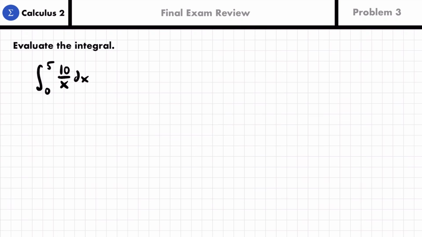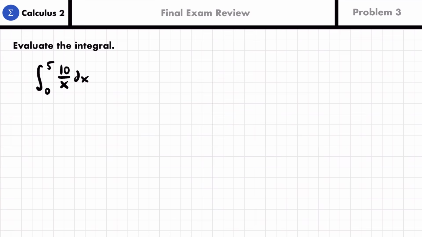For our third review problem, we want to evaluate the integral, and we're given the integral from 0 to 5 of 10 divided by x dx. Okay, so at first glance, this seems to be a pretty innocent integral, right? It looks like something you might have done in Calculus 1, except it's not, because something that you want to be on the lookout for here in Calculus 2, especially on your final exam, are any integrals that are improper integrals. And while most improper integrals are pretty obvious because they'll have a bound that is infinity or negative infinity,